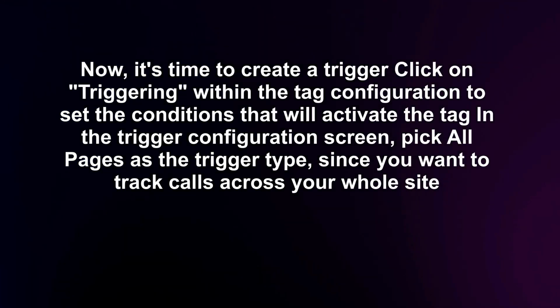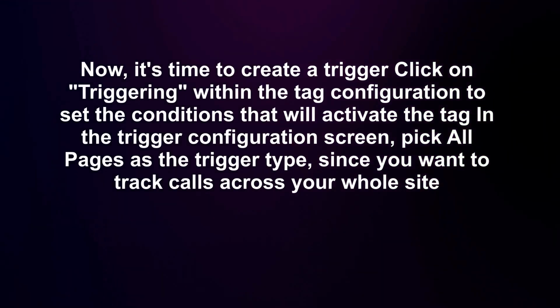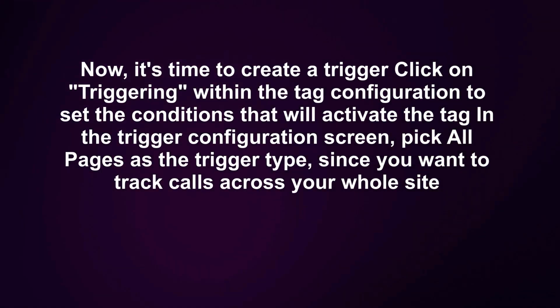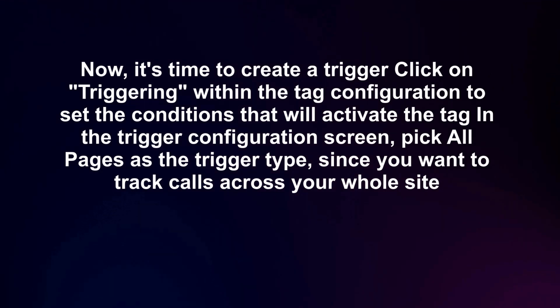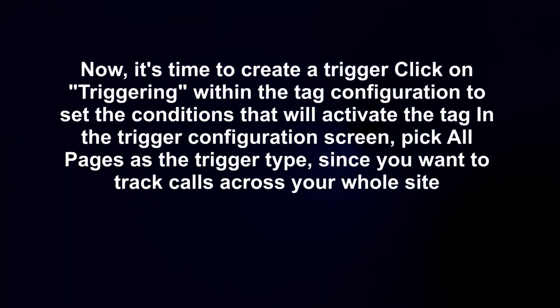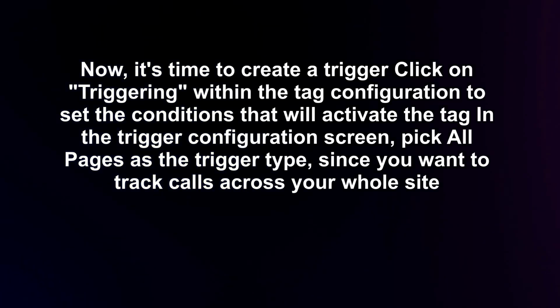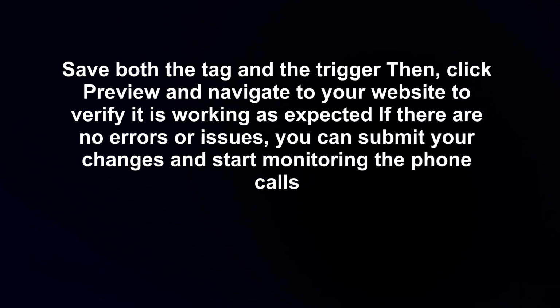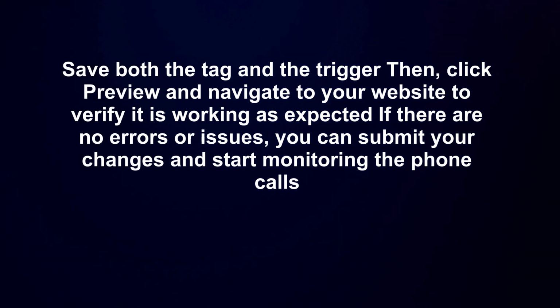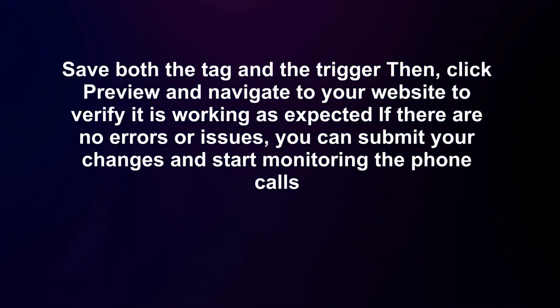Now, it's time to create a trigger. Click on Triggering within the tag configuration to set the conditions that will activate the tag. In the trigger configuration screen, pick all pages as the trigger type, since you want to track calls across your whole site. Save both the tag and the trigger, then click Preview and navigate to your website to verify it